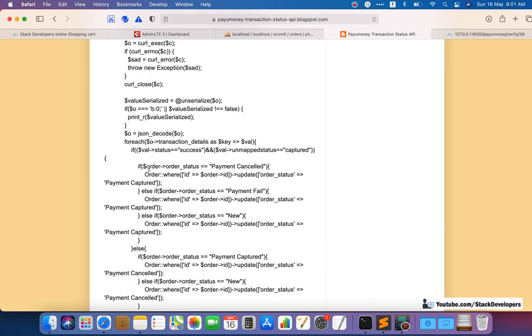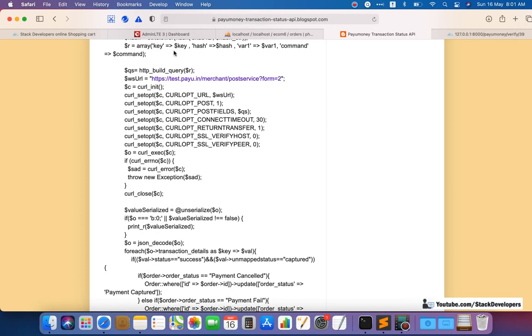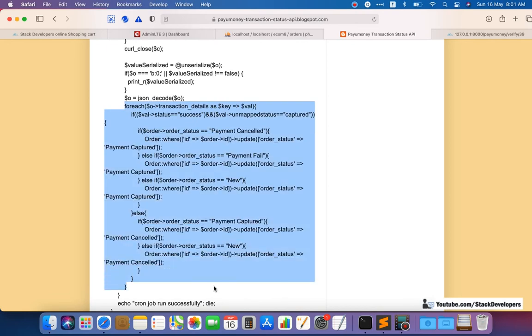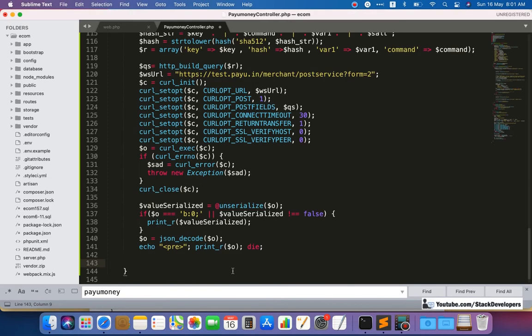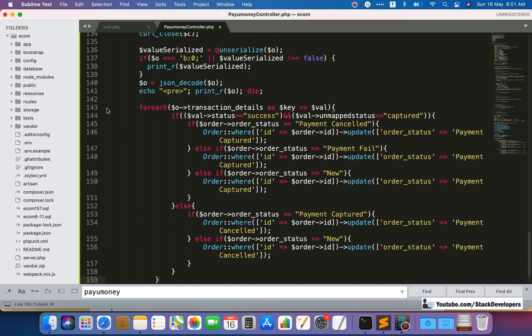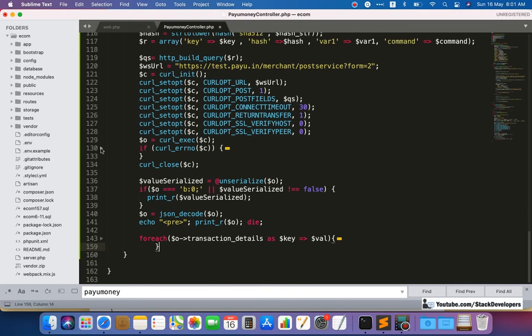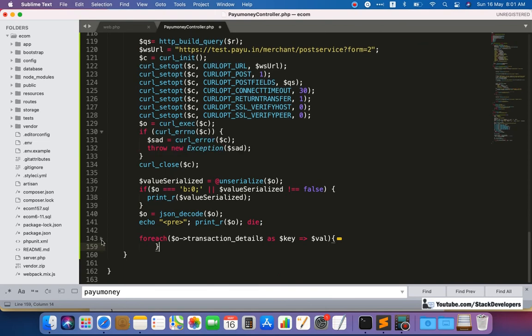Okay, so this is the code that will help. This is the multiple code. Okay, from this I can just copy this one that will help us to execute that the payment is actually captured or not. Okay, so yeah, just make sure that